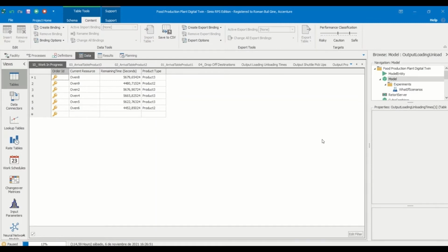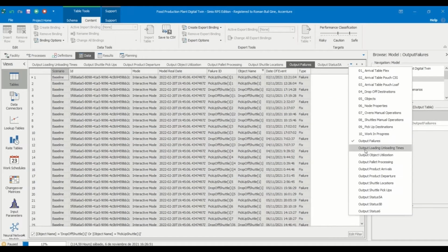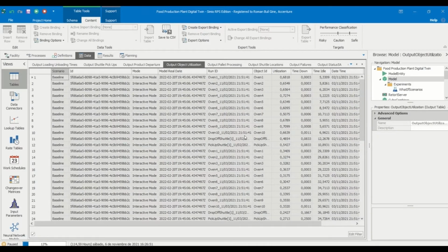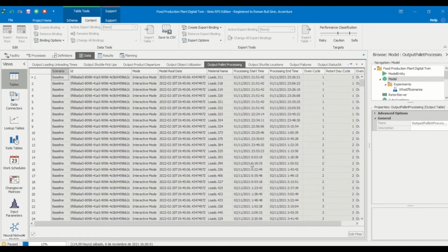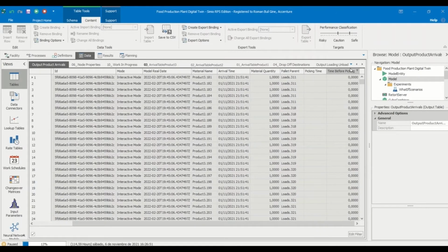The main information obtained from the simulation covers shuttles' recorded failures and the time they have been fixed, shuttles' loading and unloading operations, daily ovens and shuttles utilization and the amount of time they have been idle or down, oven cycles to understand the workload assigned to each one of them, recorded product arrivals and the time that has passed until they have been picked up by one of the shuttles,